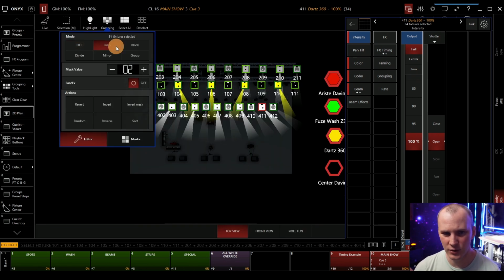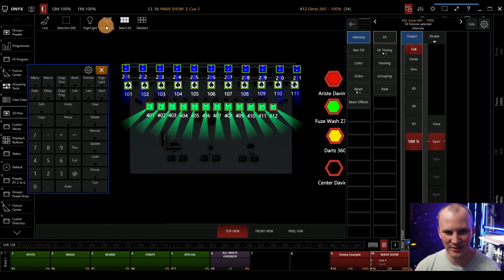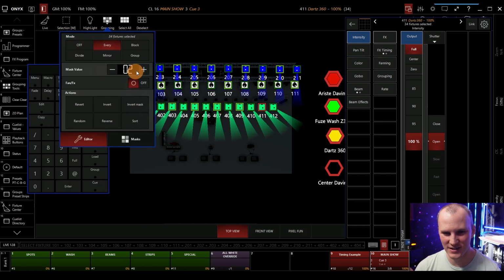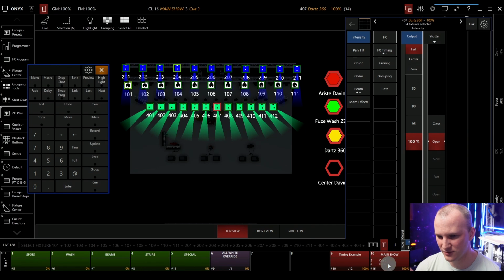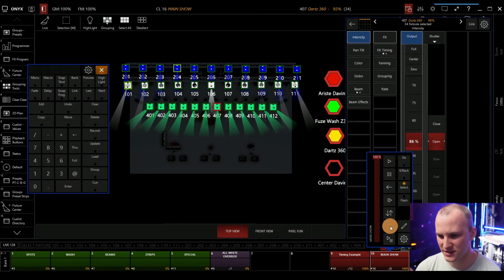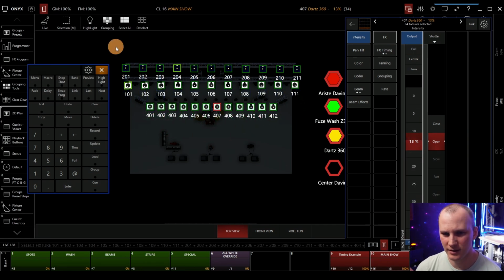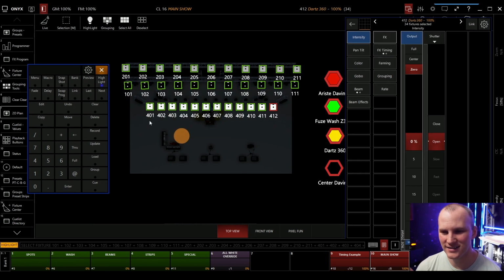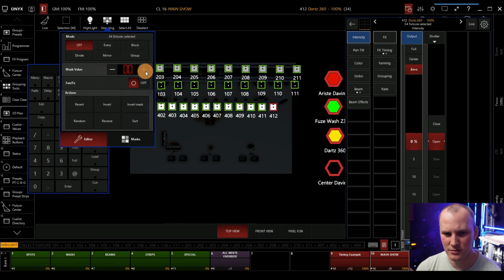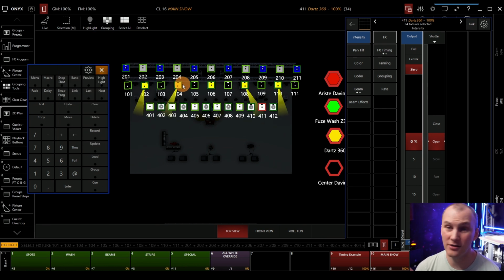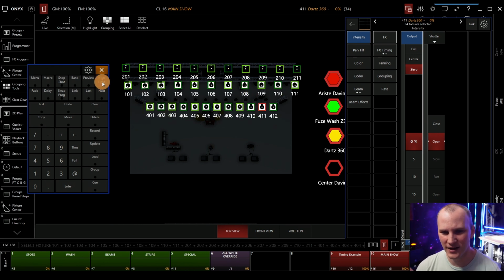And now say I start working with those grouping tools. So now we go ahead and set our grouping tools. I'll learn how to use this thing someday. This is a bad example because we've already got stuff in blue. So we're just going to stop it to make it easier and make sure we're doing it right. Highlight it, everything turns white. Every 2. And now half of them are yellow or blue because I just selected a bunch of fixtures. Some were CMY, some were not. So it's a bit of a hot mess, but you can see as I select between the 2,